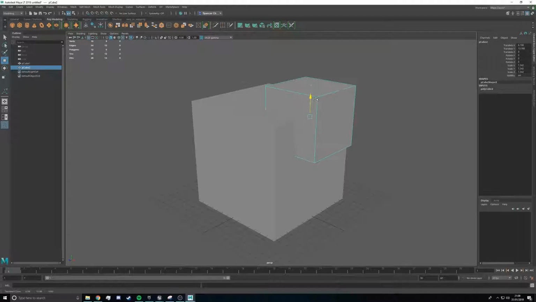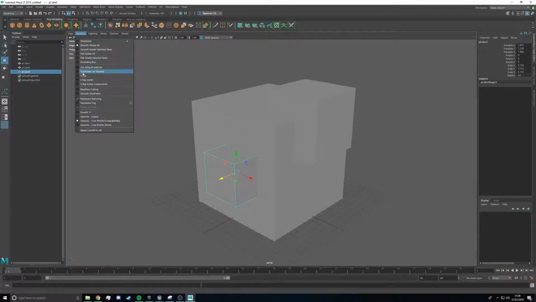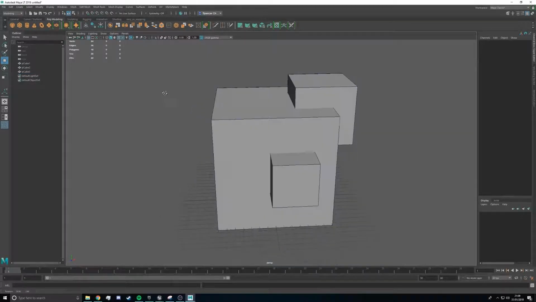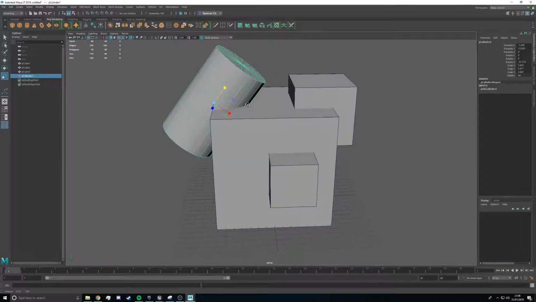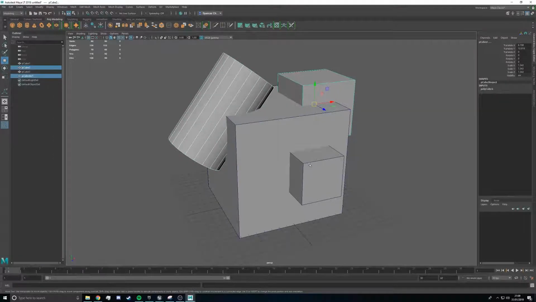So all I'm doing at the moment is creating a number of cubes and maybe a cylinder to put on the side, and this is just to combine and then use as a Boolean to difference out the center cube and create a bunch of n-gons. N-gons are faces with more than 4 sides, and these are the sort of things that you don't really want in your topology. So I'm creating a mucked up mesh